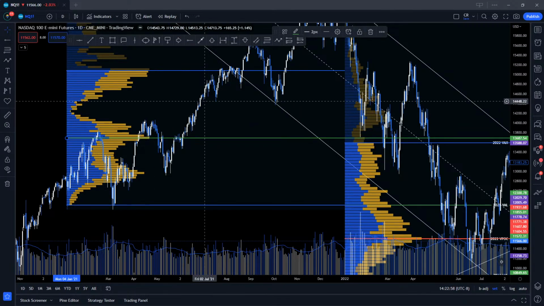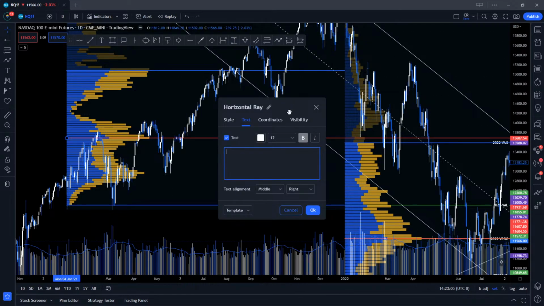Oh, and after I finish NQ, we'll pull up the clouds for ES and NQ so everybody can see how they're looking. I did go over it on Shorty's Discord, but